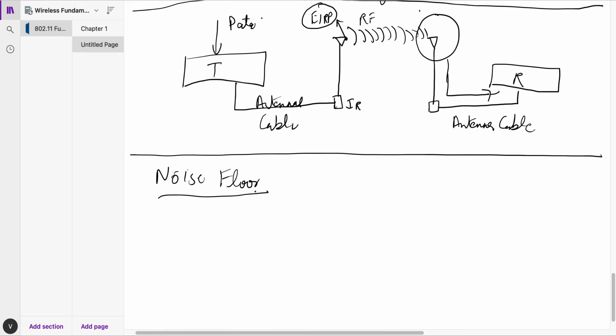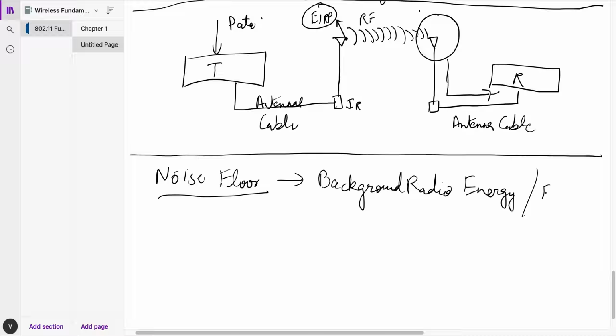The noise floor is nothing but the background level of radio energy on a specific frequency. Think of it like the background noise or the background radio energy. I'll just write that down for you. Background radio energy on a specific